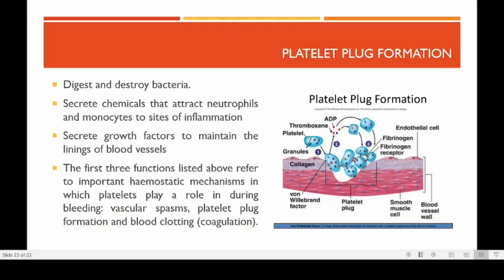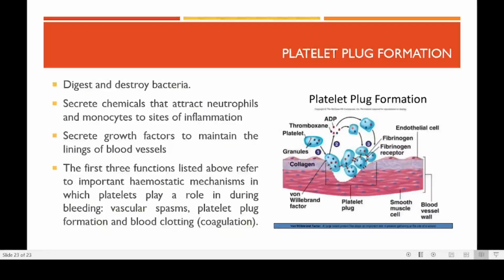Another function of the platelets is that platelets are responsible for the platelet plug. Here I will show you how the platelet plug is forming. This is a wound or a site of injury. Normally after some time a lot of WBC will be coming there, and they will be sticking together and forming a clot, with the help of fibrinogen and fibrin. This clot will be blocking the loss of blood from our body.